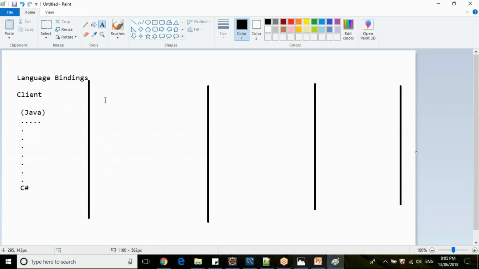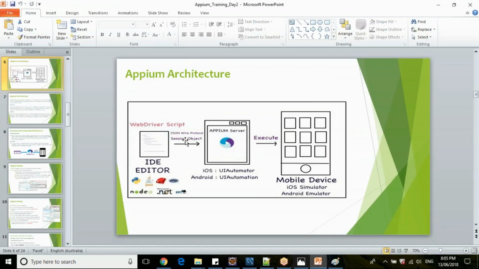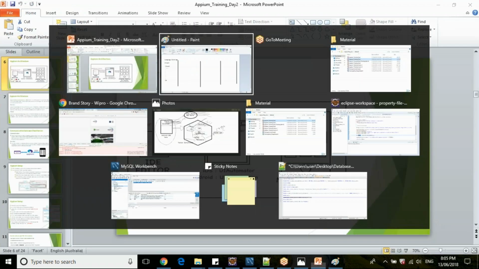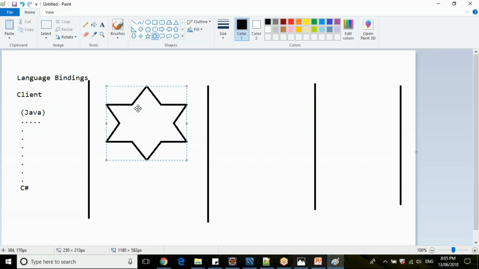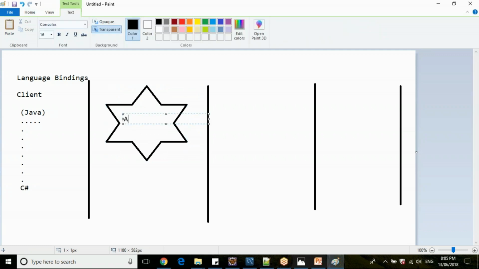Then what is the next step, guys? The next step is you will have your session object with the APM server. So this is your APM server.